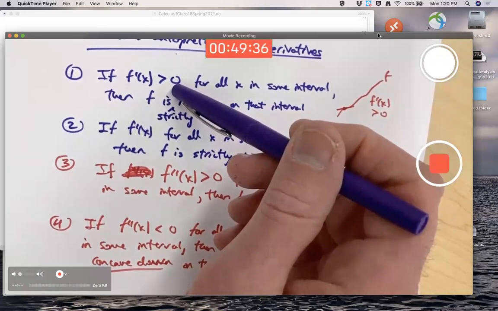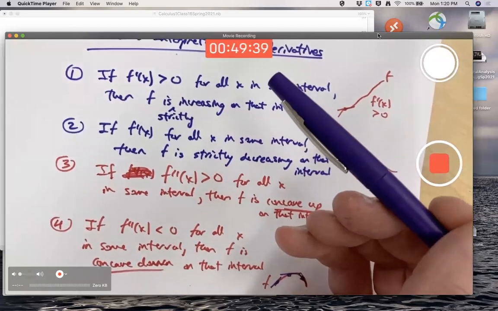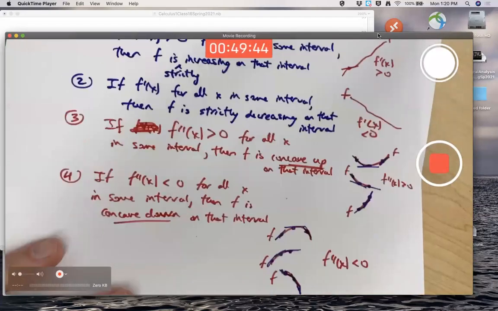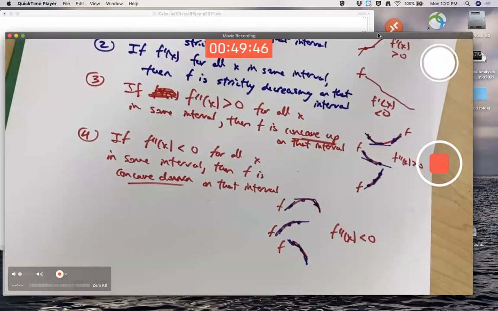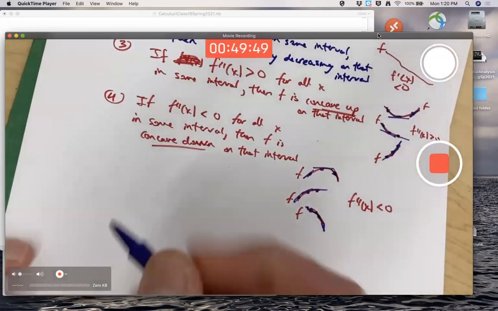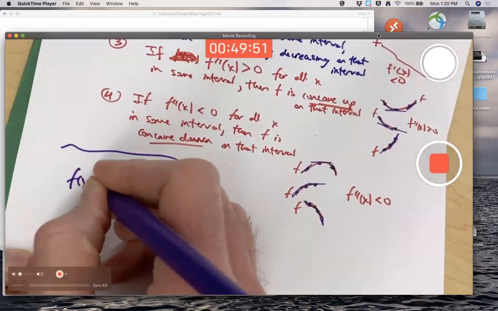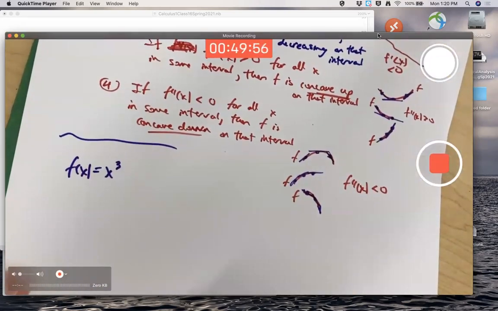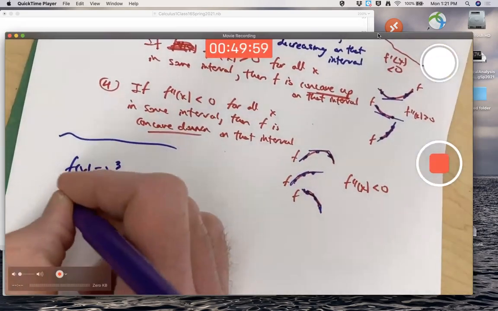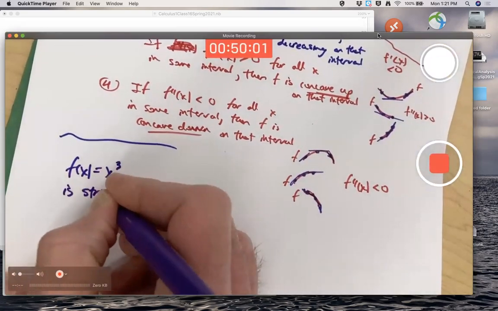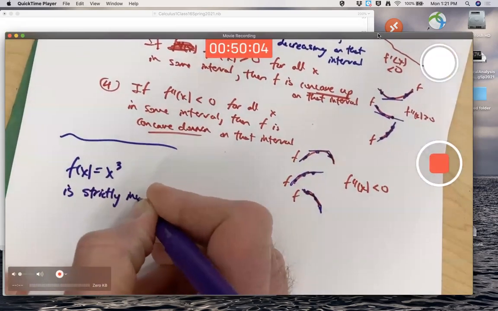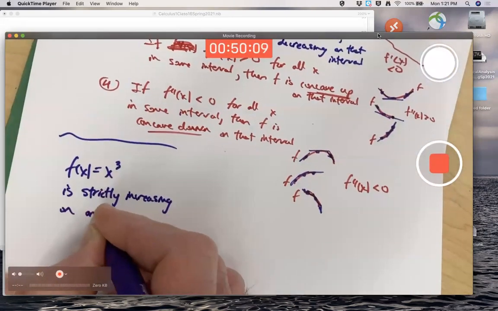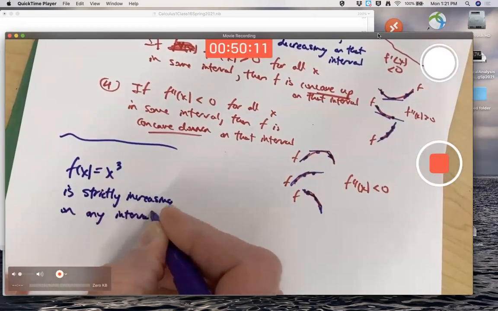What? The graph's going up? Wouldn't all of its tangent lines have a positive slope? No, they don't. Here's an example where they don't. Instead of the cube root function, look at the cube function. f of x equals x cubed. This function is strictly increasing on any interval. However,